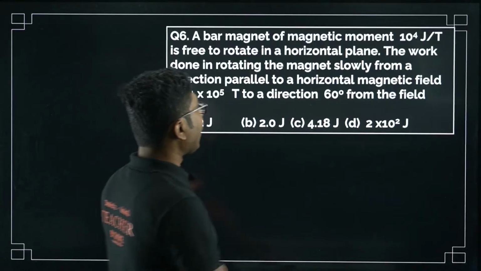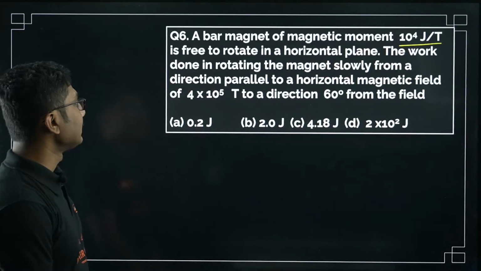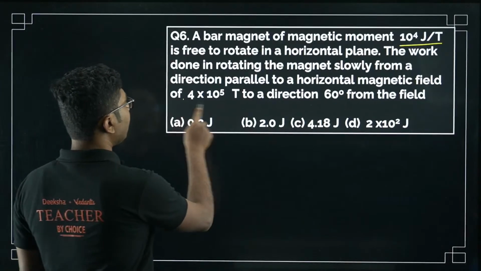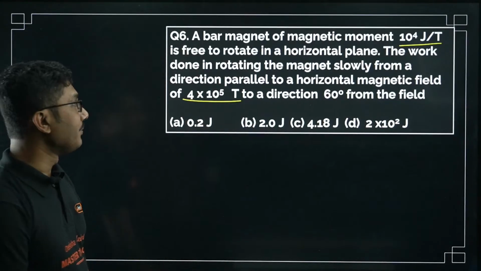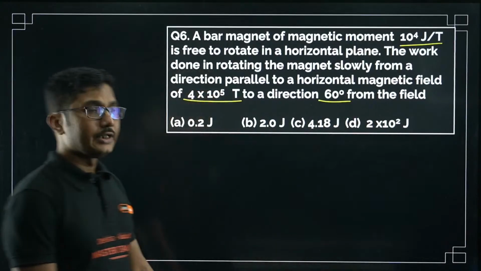Okay, so the magnetic moment is given, 10 to the power of 4 joules per Tesla. The magnetic field is given as 4 into 10 to the power of 5 Tesla. Now you have to rotate it by an angle of 60 degrees. The initial angle was